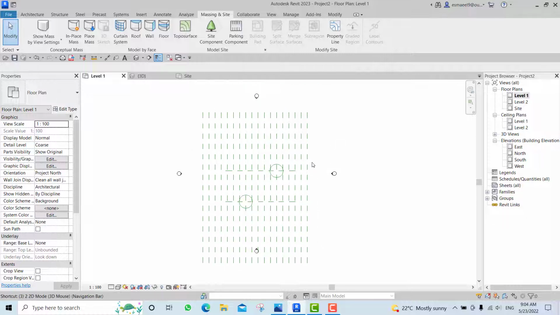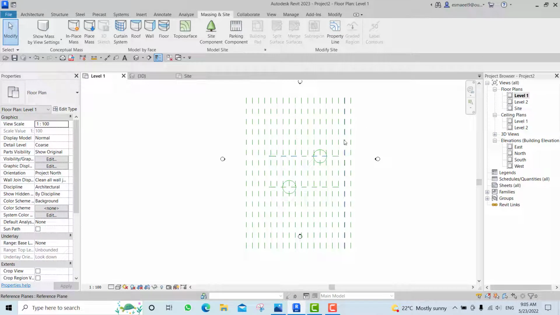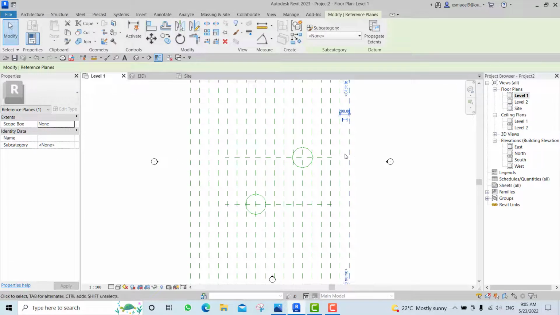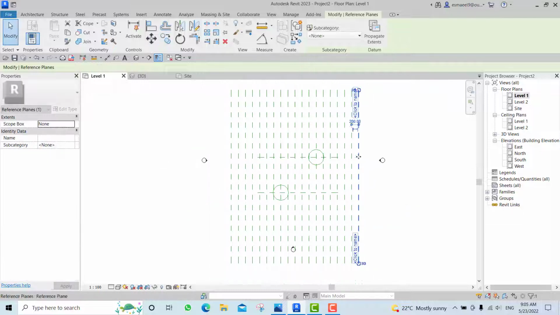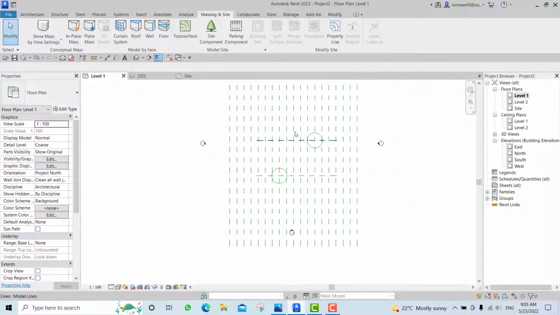I created these reference planes because my mass will be just lines, and then these lines will have some points, something similar to the method of topo surface. So what I did is I created mini lines, okay,